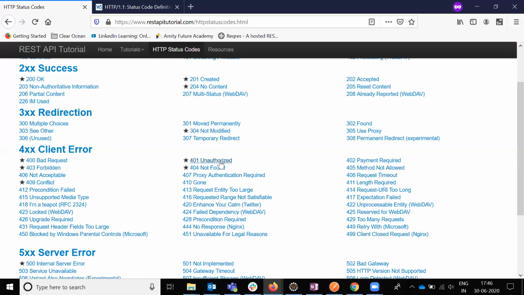But in real time, when we go to a company, they will give the access token for accessing a particular API. If somebody doesn't have that token but hits it, it will show the 403 or 401. 401 is unauthorized, 403 is method is not present. Whenever you provide an expired access token, it will show unauthorized access.